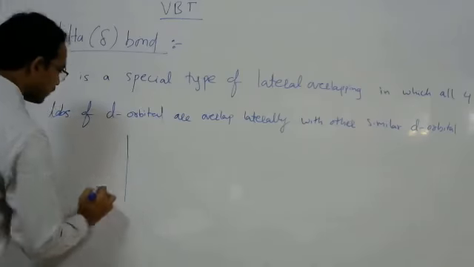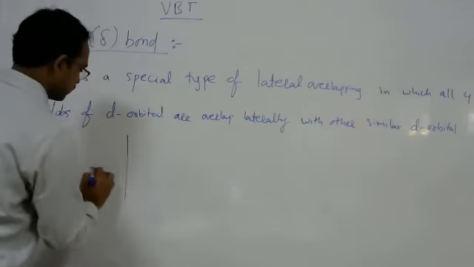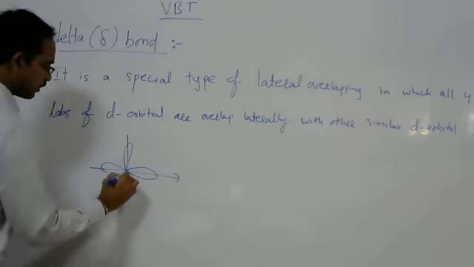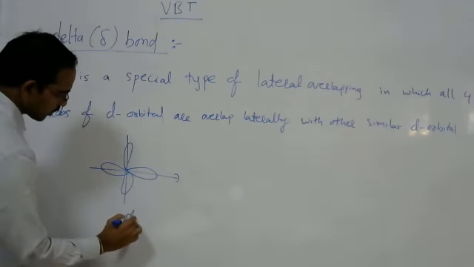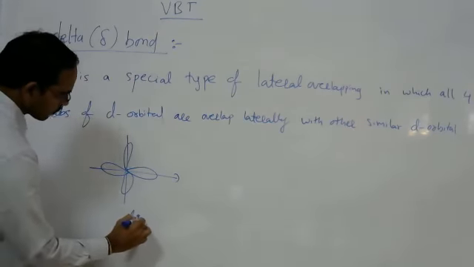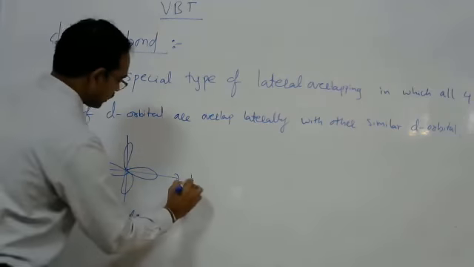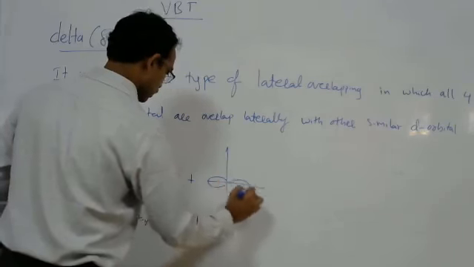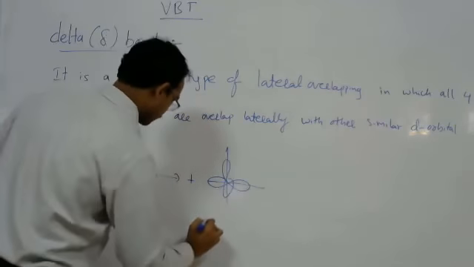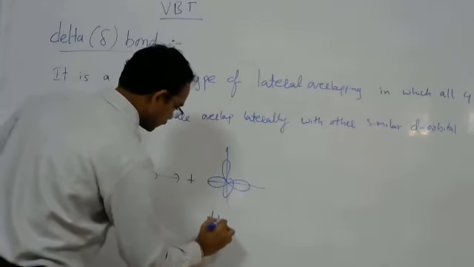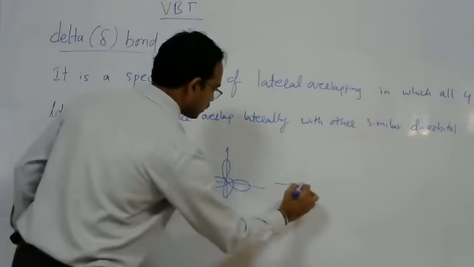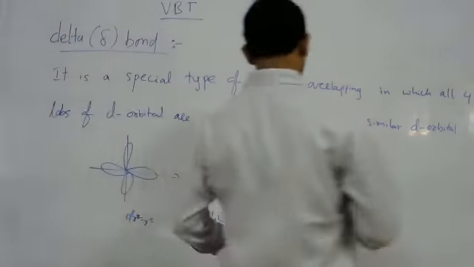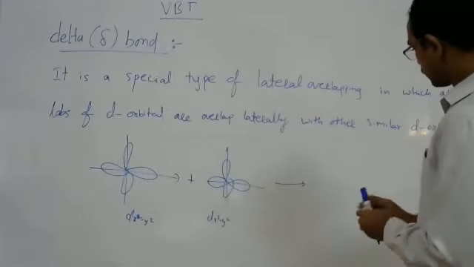I am taking one example here: dx square y square plus one more dx square y square, then it is forming on the same axis. You have to write